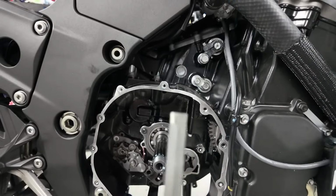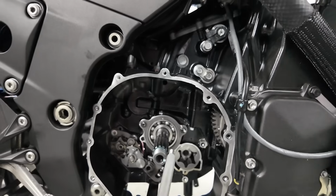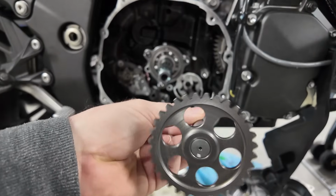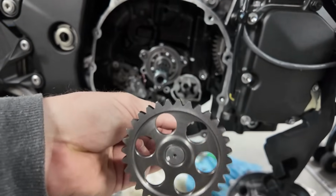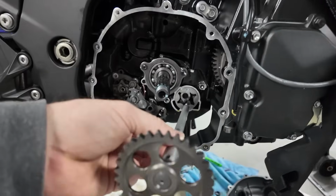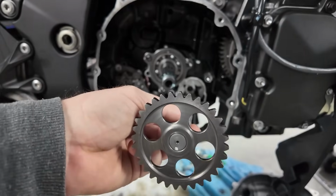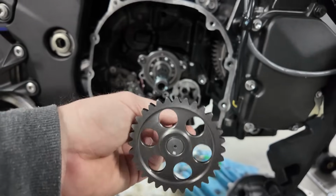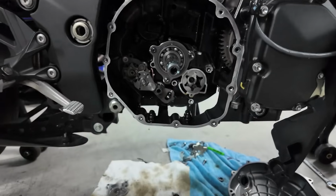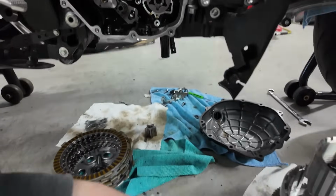So what that does is that links up with your water pump, and this is spun off the same gear basically. So with this, it'll actually make your water pump spin a little faster too. Which, in theory, should also help your bike run cooler, having this high volume oil pump gear. So anyway, this goes on there, and the plate